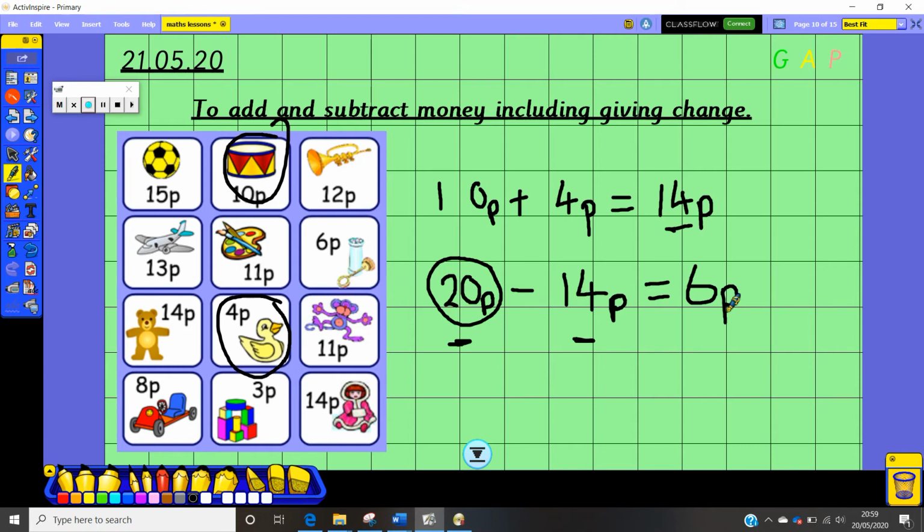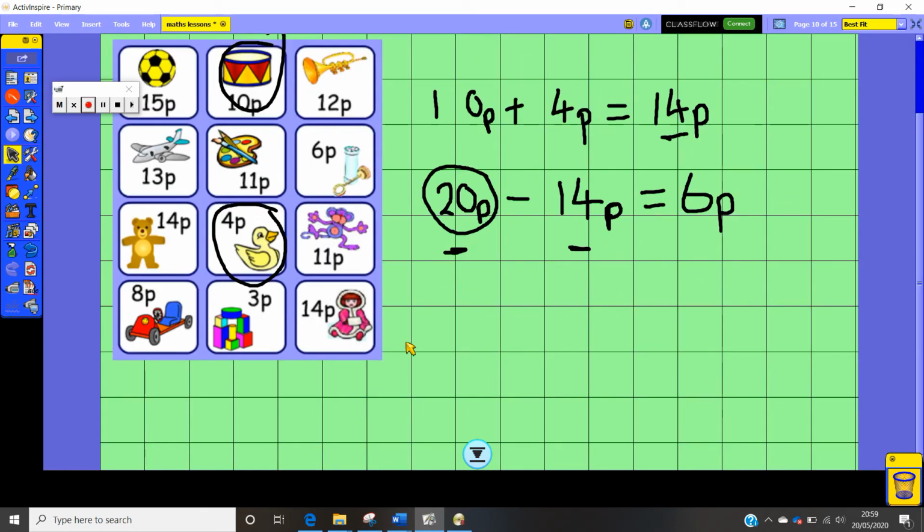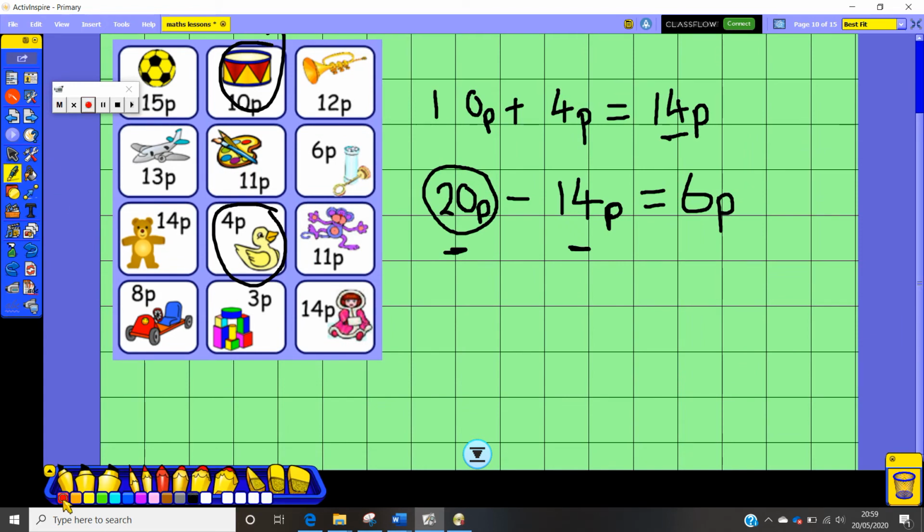Let's have another go at this. So this time in my shop, I'm just going to make my page a little bit longer. Let's change the colour of my page. We'll go for red this time. So I'm going to buy a cheeky monkey, which is 11p. So I'm going to write that first. So I'm going to do 11p. And I am going to add it first because I need to find the total. So I'm going to add it to,